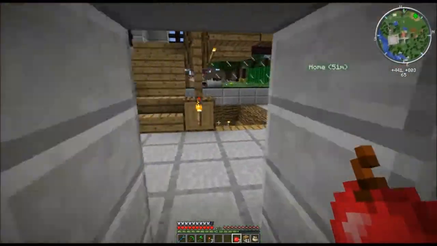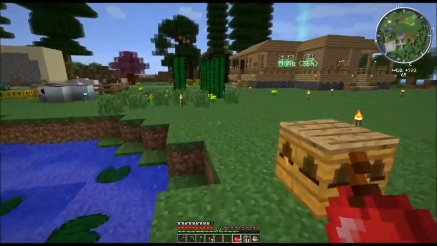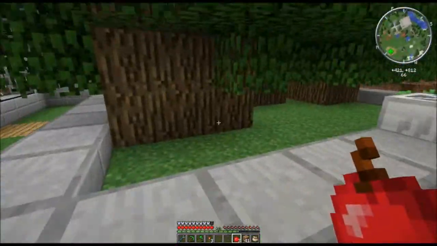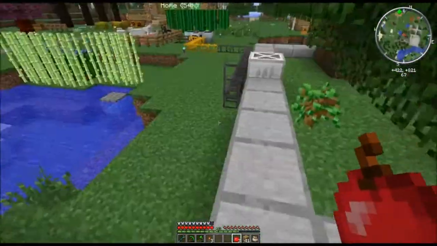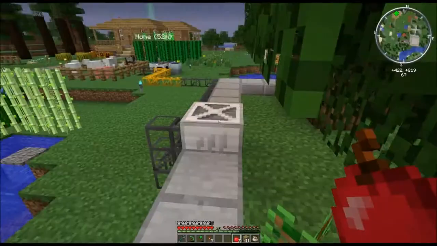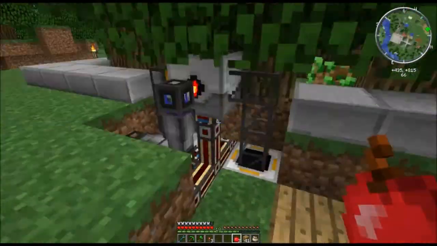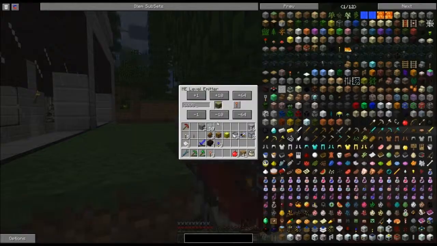Run out here, try and do this in a logical manner, which will end up making me go all over the place, but it is a bit more logical. The tree farm we have consolidated into one bigger one rather than the two smaller ones. So we've got our fertilizer going here, so we've got tin upgrades in these now rather than, I think there was iron ones before. And we've got a level emitter on the harvester as well,